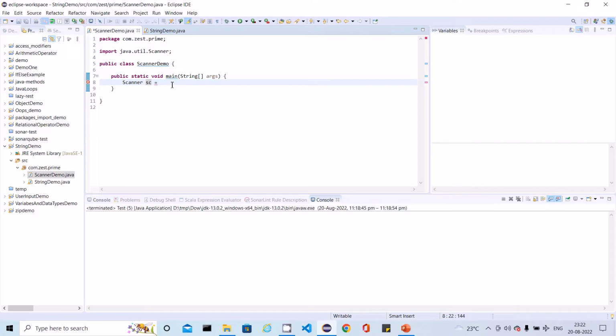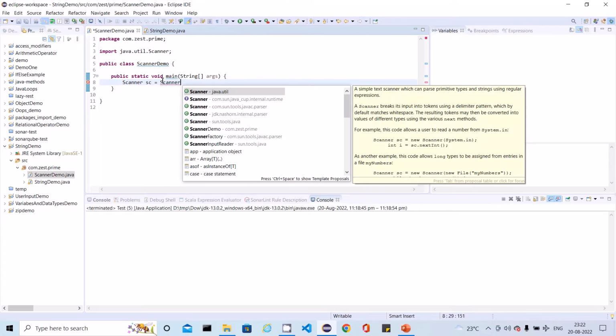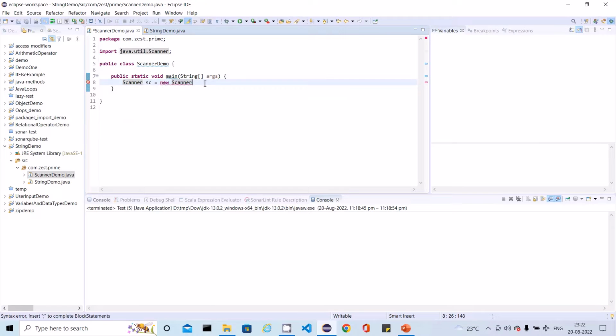So how are we going to create it? This is very simple. We use the new keyword to create an object, and we need to pass some input as part of the constructor. So what kind of input do we need to pass to the constructor? Basically, we are trying to give input, so how are we going to provide the input? With the help of the keyboard. If you want to connect to your keyboard, we have to use